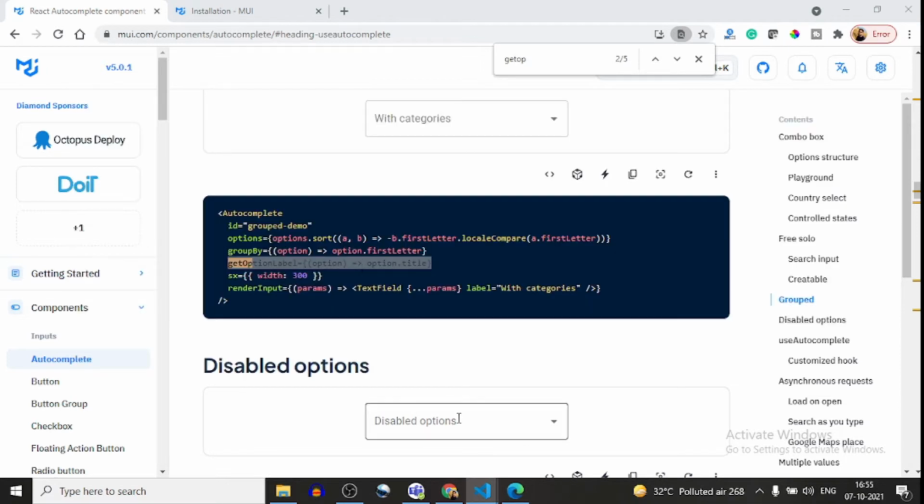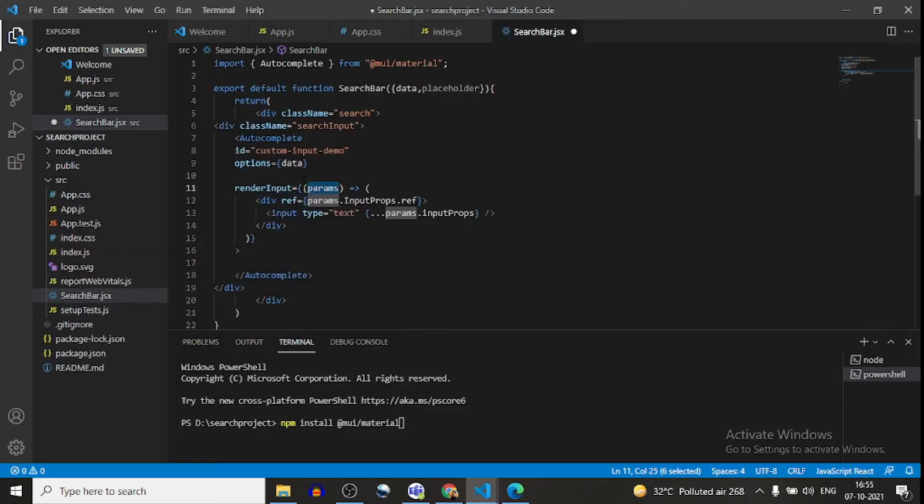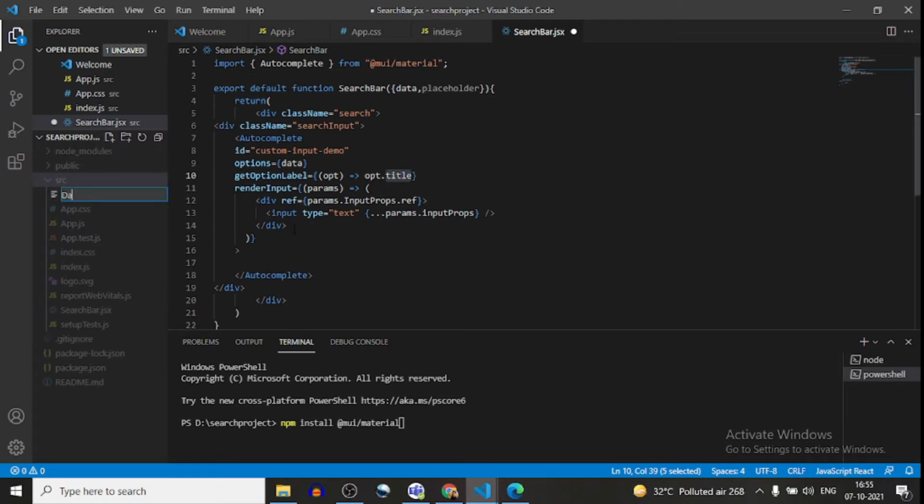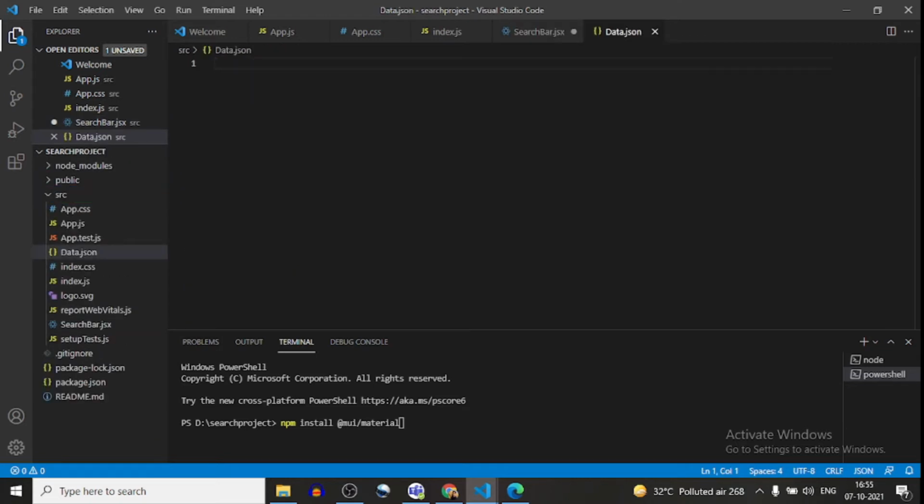That means if your data, like your JSON data, has properties, which property are you going to bind? Here I am going to bind the title, and this title will come from data.json. In data.json